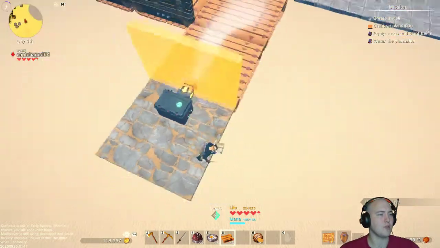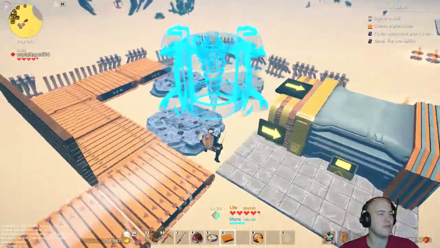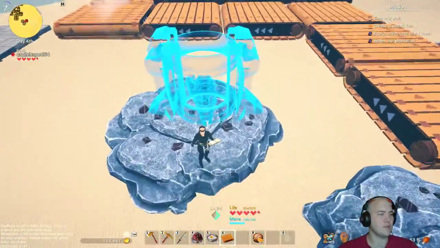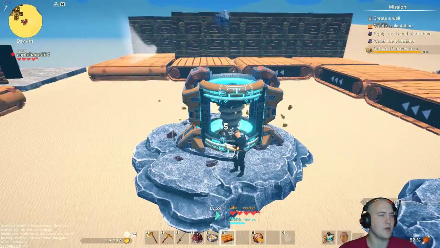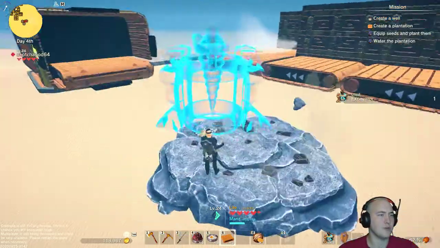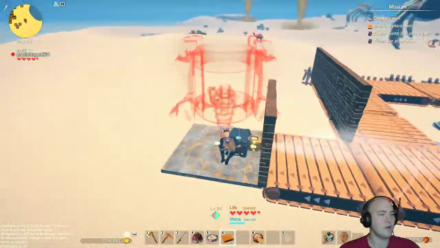Yes, okay, good. So now, let me put back down my excavator, and we'll just see if that ends up in the chest. If that does end up in the chest, then we can move on to the next phase. Perfect. Okay, so that's all ending up where it's supposed to. So now...